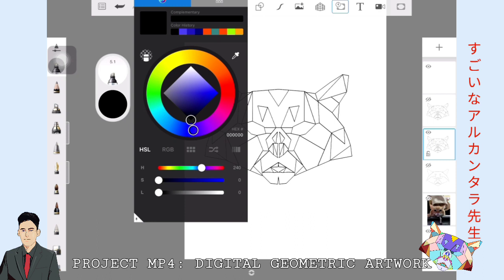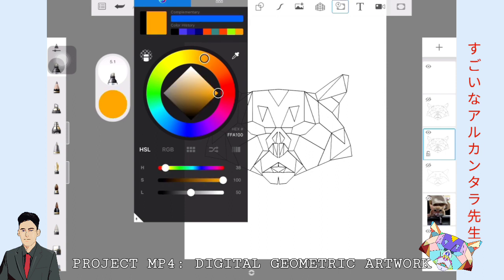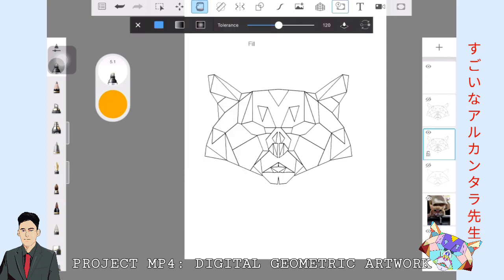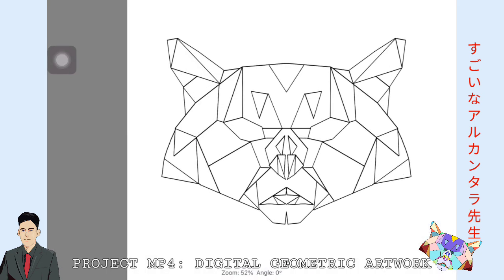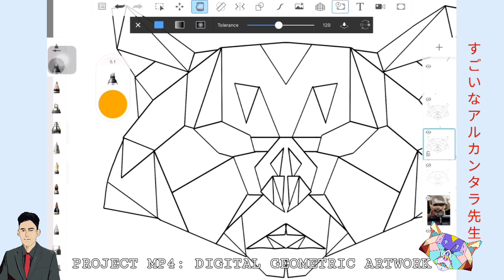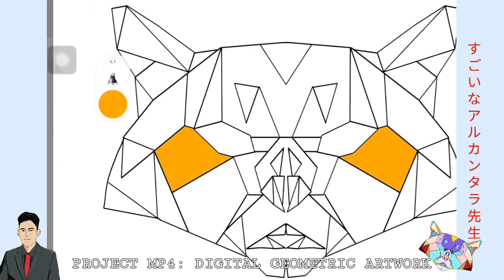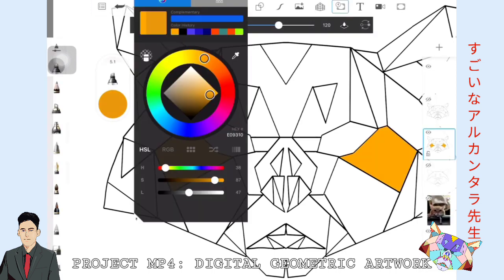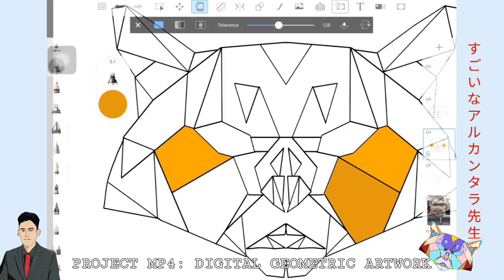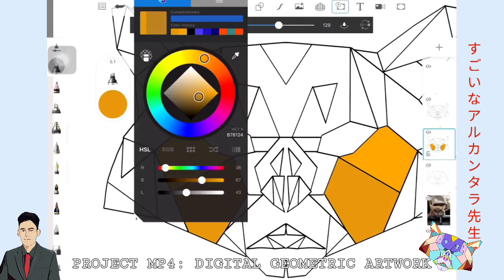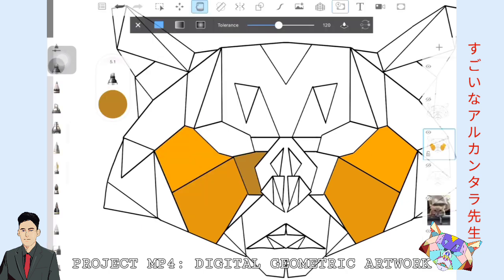So what you will do here, once you have duplicated the layers, is color the layer below, and the layer above will remain as an outline. When you continue putting the colors, like here, when you're filling up the second layer, please be careful what layer you're putting the colors in. Do not put them on the other layers. That's why there is an option here in Autodesk where you can hide certain layers for the meantime while you're